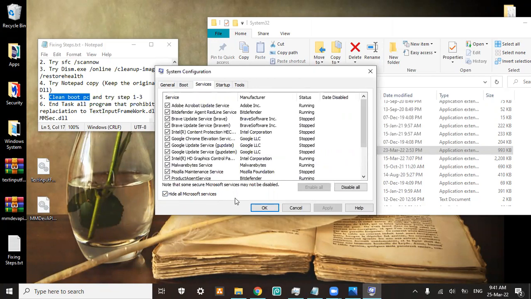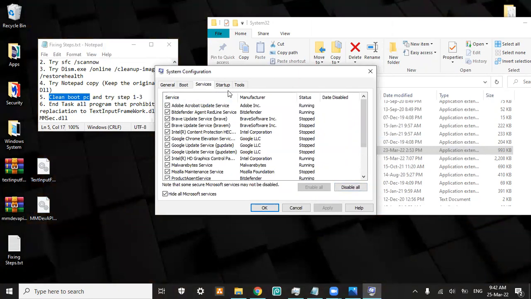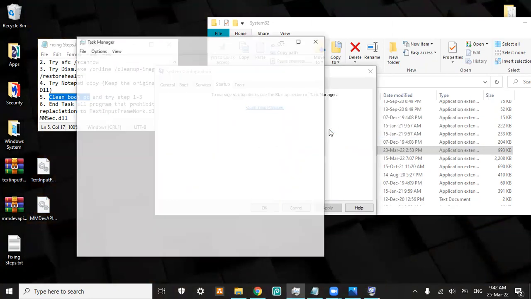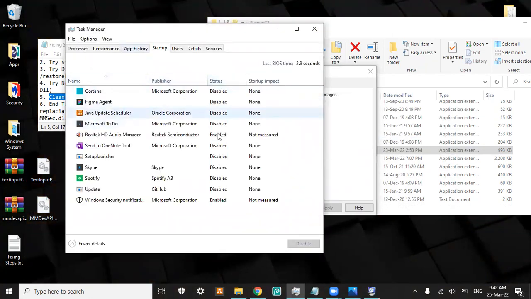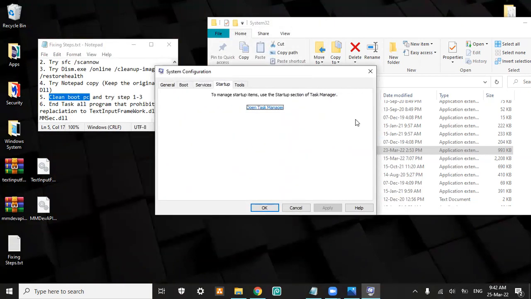After you hide all the Microsoft services and disable all the others, you go to the task manager and disable all the startup items. How to disable it? Right click and then disable. As simple as that. After that is done, restart your PC and then try again the apps that you couldn't run before.